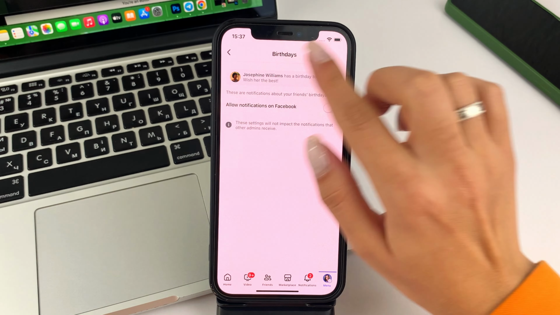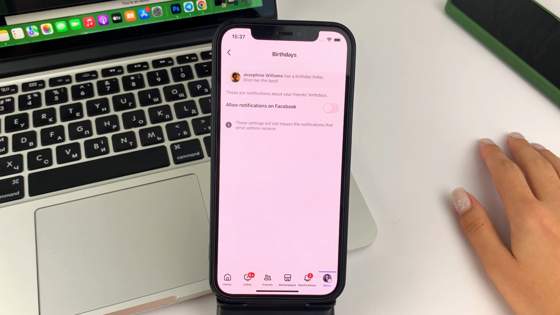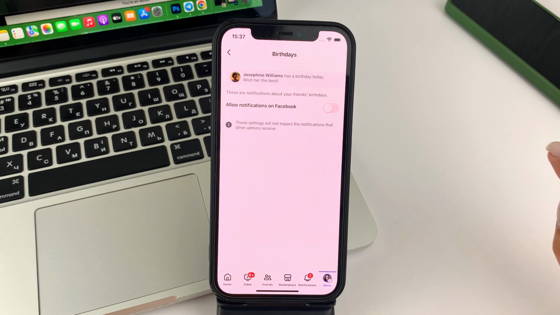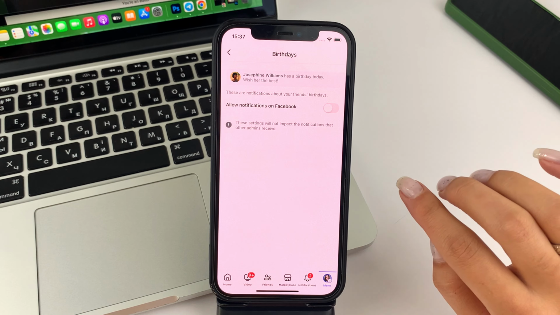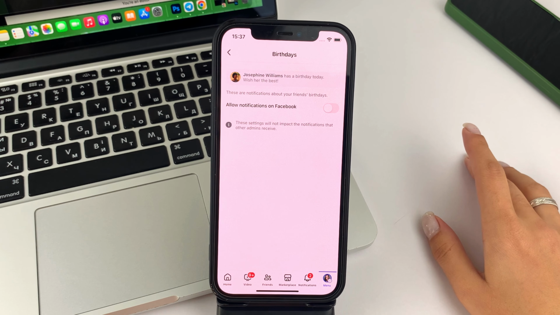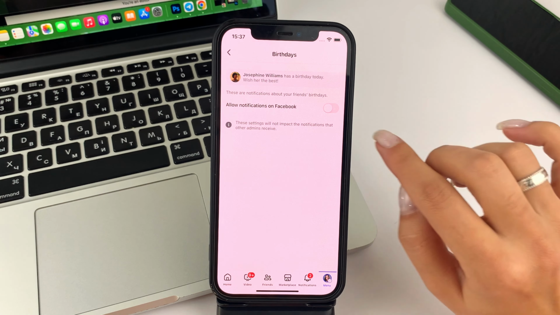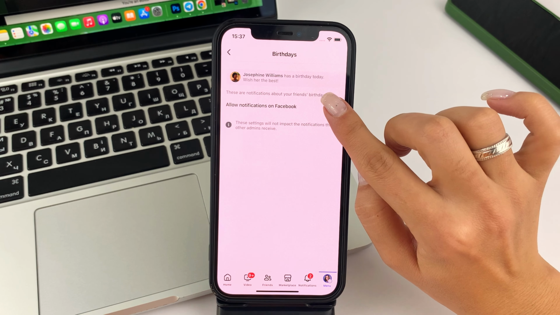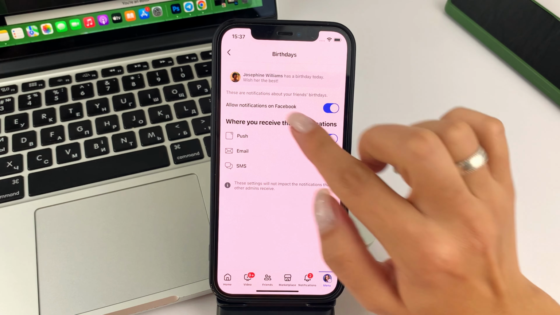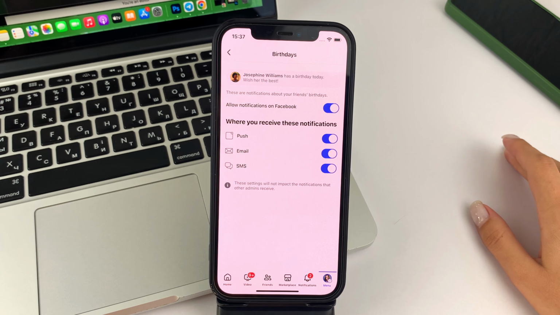And as you can see, here you get a window or page like this. And the first thing you need to do is make sure that you have Facebook notifications active or enabled. If they're in the state that I'm in at the moment, you just need to activate this button here by clicking on it. And as you can see, I've now got another little list at the bottom.